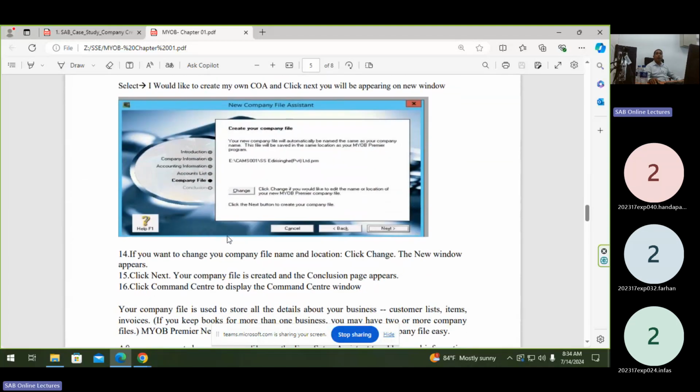From here, a very important point. Still people are opening computers. Here, click on the change option. Keep in mind, the change option.